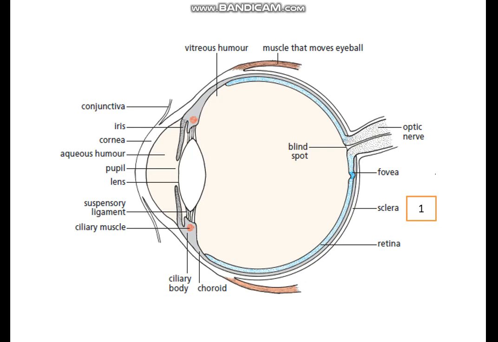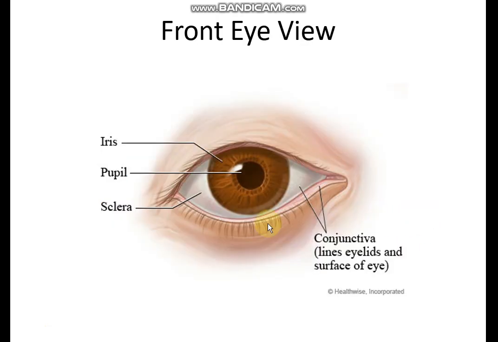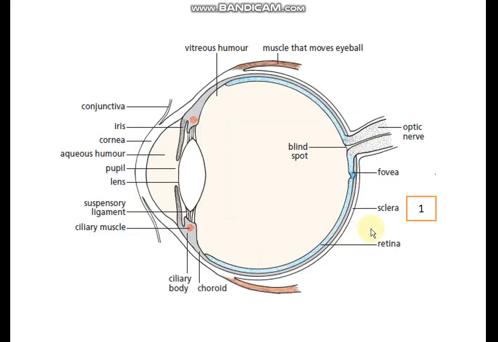So starting with the layers of the eye, here I have written the number one. This is the outermost eye layer which we have seen in this diagram as well. Sclera, the white protective layer. As you can see, it is the outermost layer, and in most cases the function of the outermost layer is to provide protection. So the sclera is the tough outer coat which protects the eye from damage.